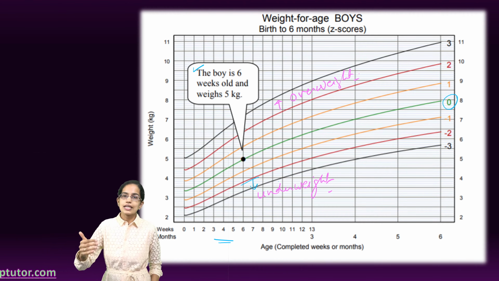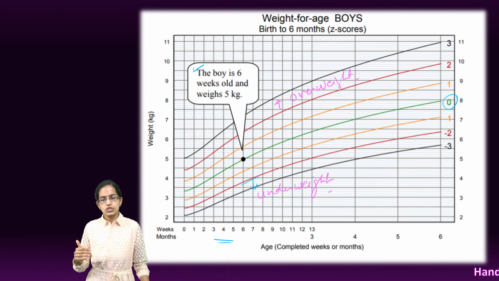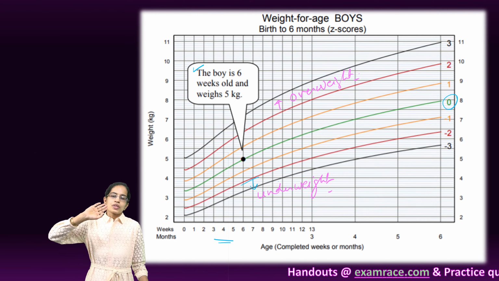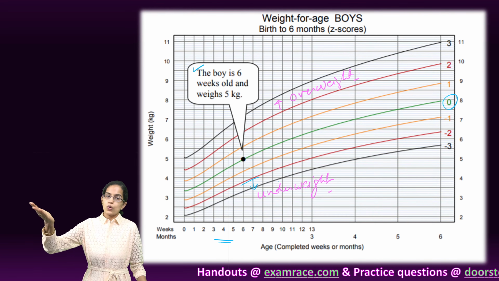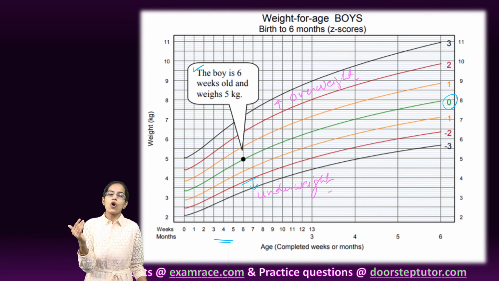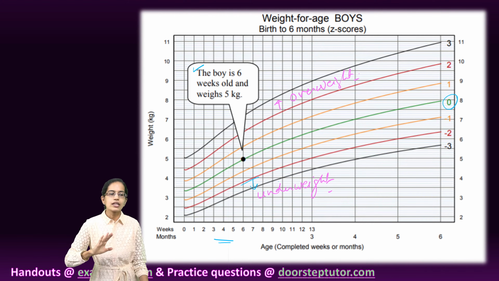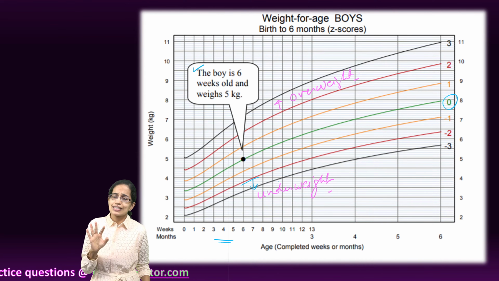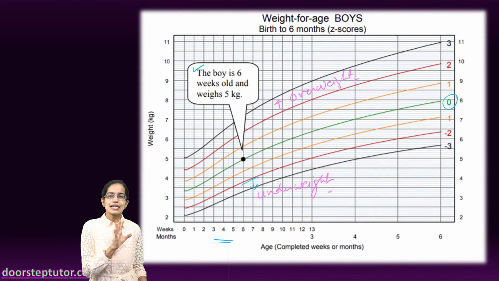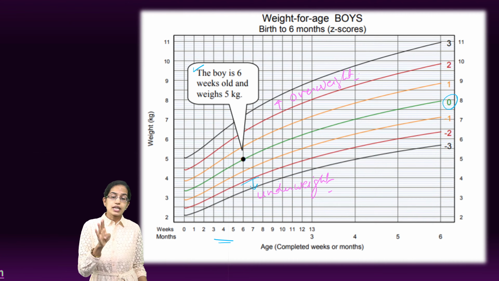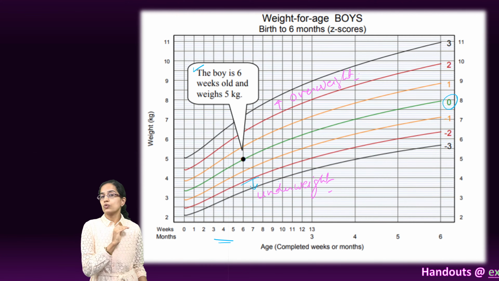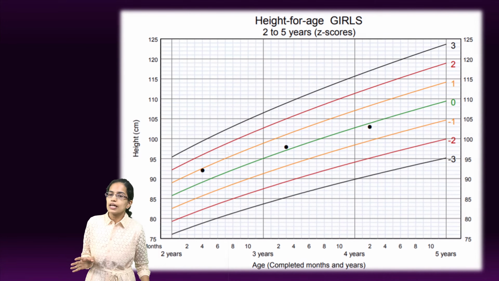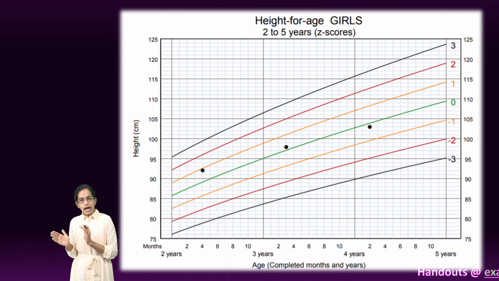Underweight is less than -2 standard deviation in this chart which is proposed by WHO, and +2 and more standard deviations for overweight. Now for underweight, the low prevalence is if it is less than 10%, we say it is low prevalence. If the underweight is more than or equal to 30%, that means there is high prevalence of underweight. Similarly, the next chart we have is height for age.